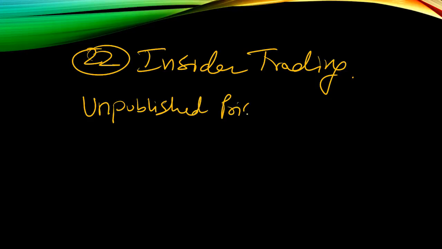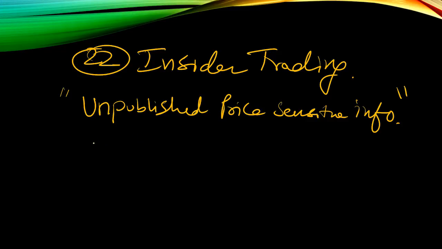Now we will be going to chapter number 22, which is nothing but insider trading. Insider trading is something which everybody has a basic idea about. Here, for any question relating to this chapter, you please write that there should not be unpublished price sensitive information which goes to the public. Unpublished price sensitive means the information which will change the share price, the securities price. Unpublished price sensitive information. This is something which you should write for any question relating to this particular chapter.